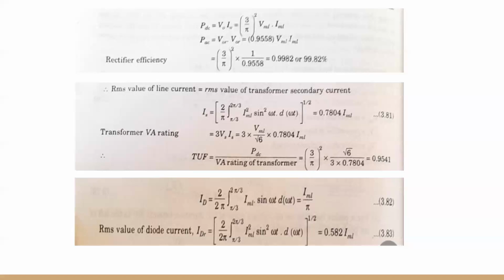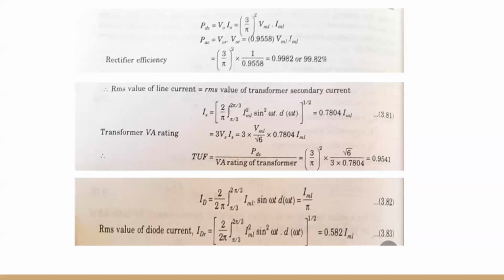Transformer VA rating is equal to 3 VS into IS, which is 3 into VML upon under root 6 into 0.7804 IML. TUF is equal to PDC upon VA rating of transformer, which is 3 by pi square into under root of 6 upon 3 into 0.7804, which is equal to